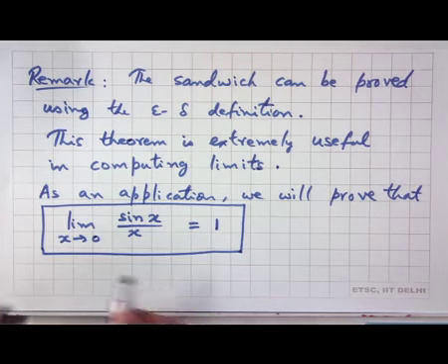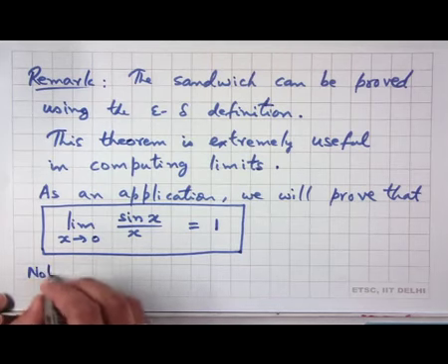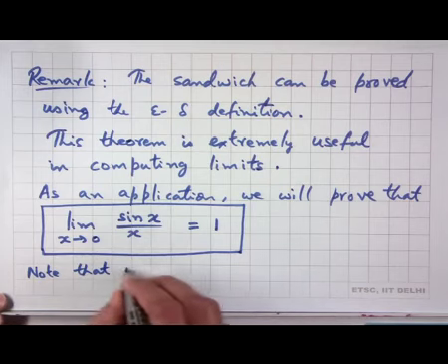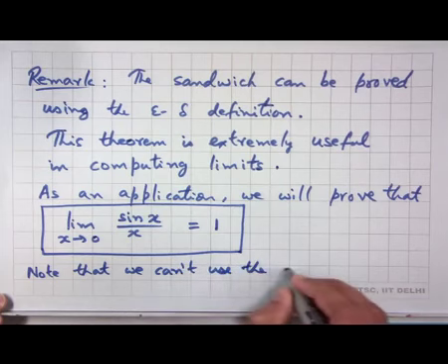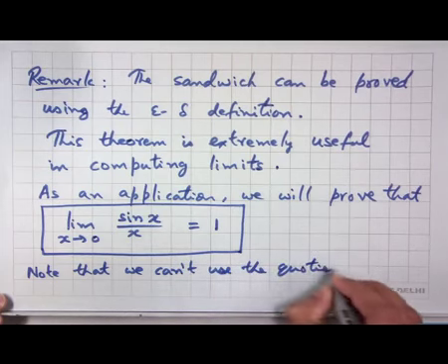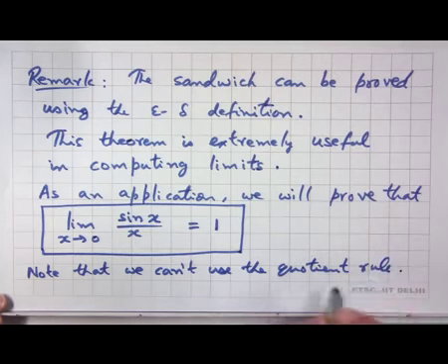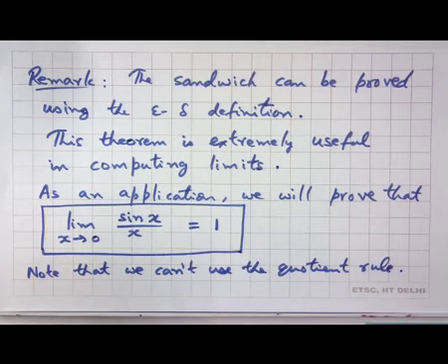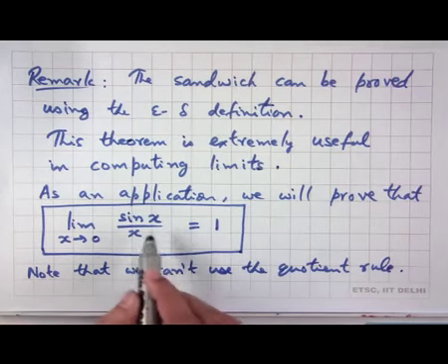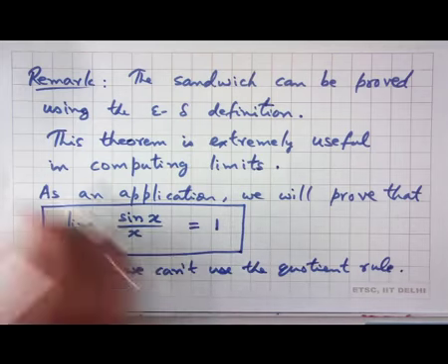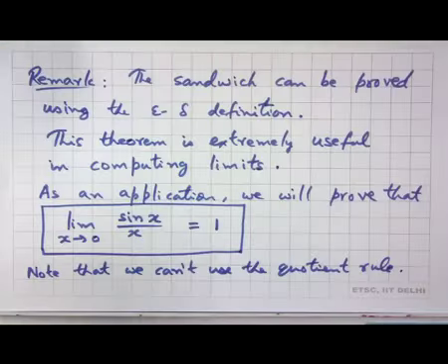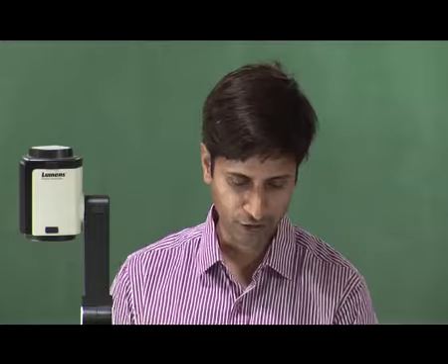Note that here we cannot use the quotient rule, because the limit of the denominator is 0, the limit of the numerator is also 0, and here we do not have polynomials where we can cancel x and then try to use the quotient rule. So, rather we will prove that this limit is equal to 1 by using the sandwich theorem. To do that, let me first draw